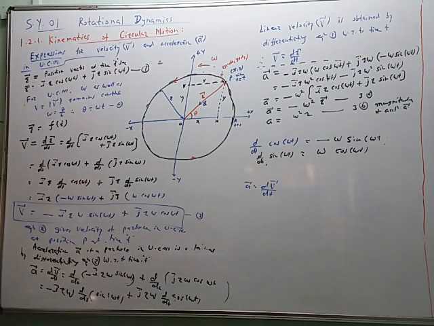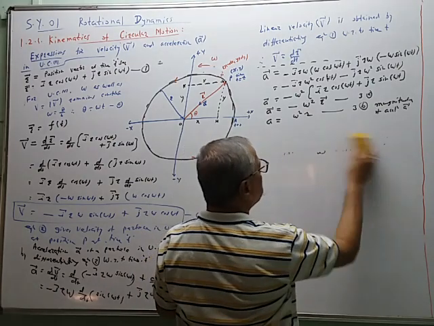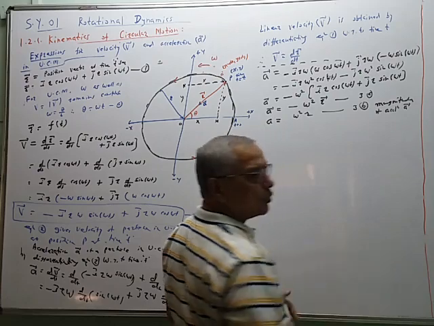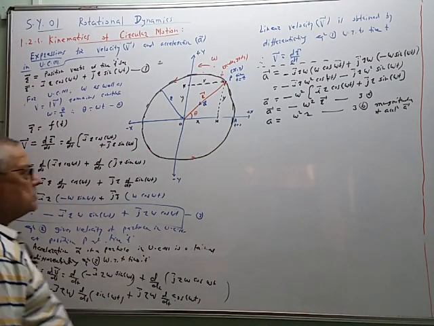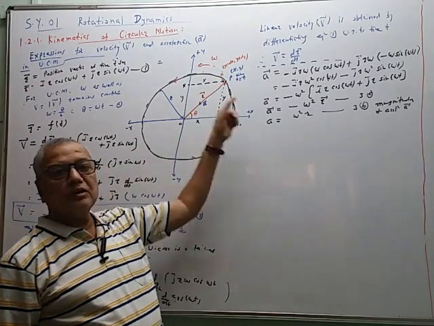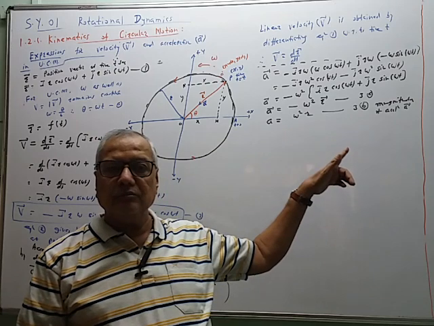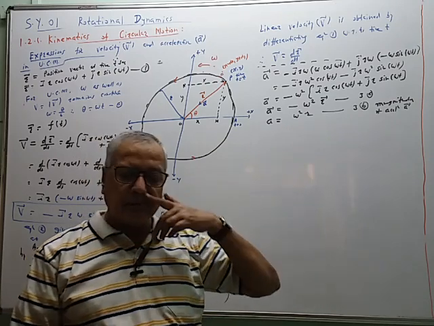So we know this property from high school level. Any vector directed towards the center of the circle is called a centripetal vector. Centripetal and centrifugal are two types of vectors in circular motion. Centripetal means towards the center, and centrifugal means away from the center. So the radius vector is radially outward. The acceleration vector is radially inward. It is called centripetal acceleration.